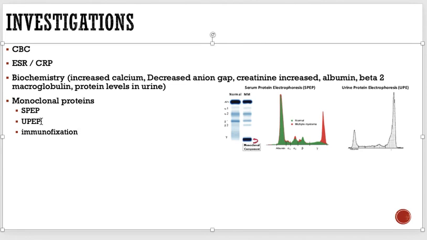Routine examinations cannot catch what kind of protein is there. For example, if we are doing a urinary dipstick and there is proteinuria, of course it can tell, but it cannot tell whether light chains are there. Urine dipstick only detects albumin. To detect what kind of light chain is there, we have to do electrophoresis or immunofixation. These kinds of tests.